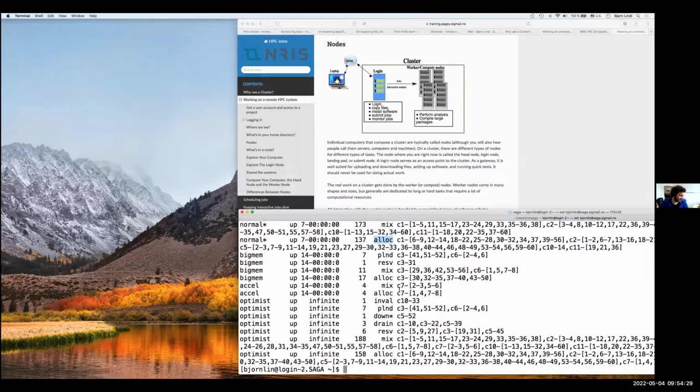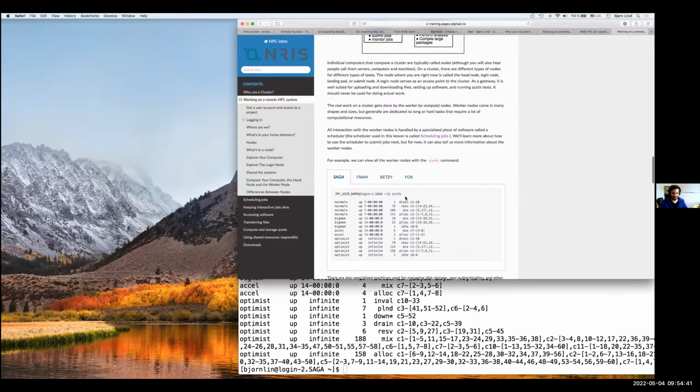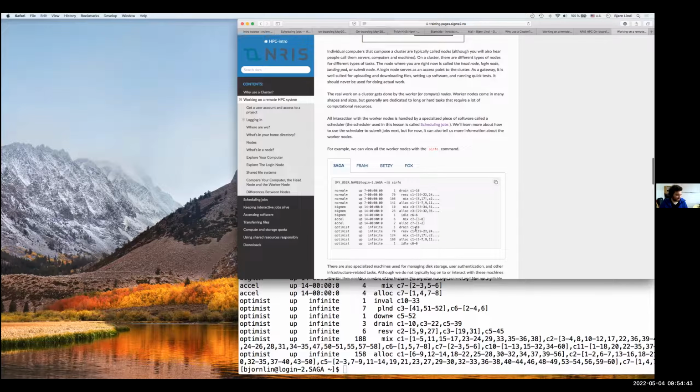So it looks like there's more than 300 nodes, if I see 173 plus 137. The numbers are just labels for each node. For example, C10 is just one node out of many.